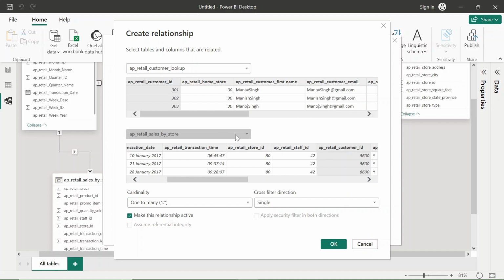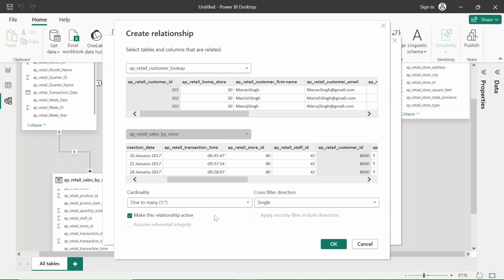Whenever I select this table, Power BI automatically identifies the matching column that could be associated with this table. And it is right that I am going to make the relationship between AP retail customer lookup and AP retail sales by store with the help of AP retail customer ID.